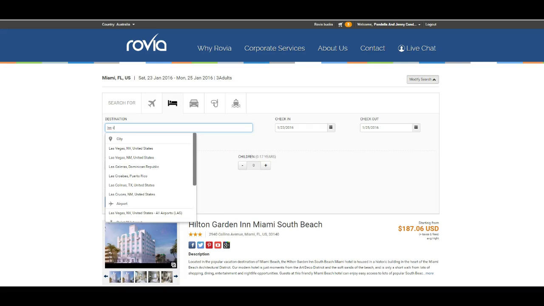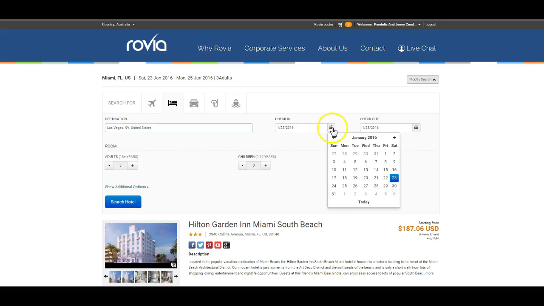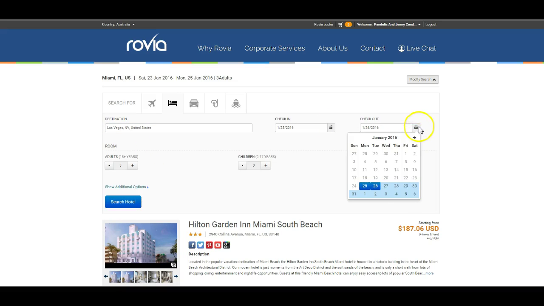Now for the next location, all you have to do again is press modify search and repeat the process by putting in the dates, then pressing the search capabilities, pick how many adults, so now we've changed it to Las Vegas, picking different dates, picking how many adults are going to be in the room, pressing the search hotel functionality,